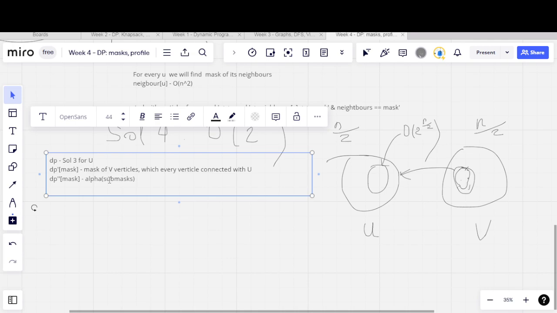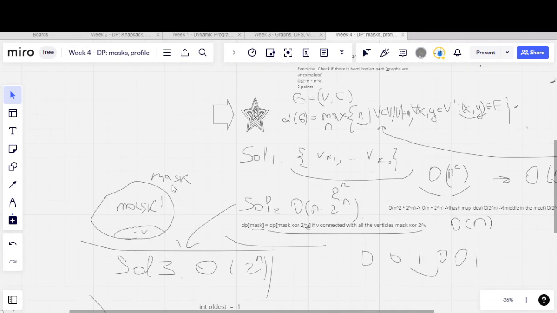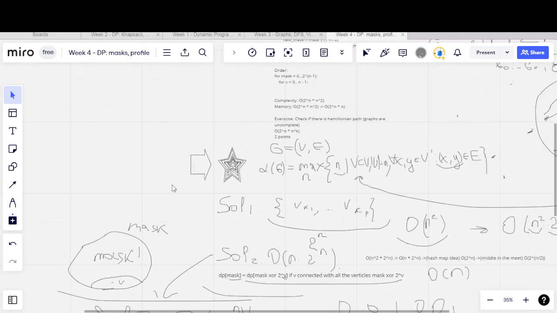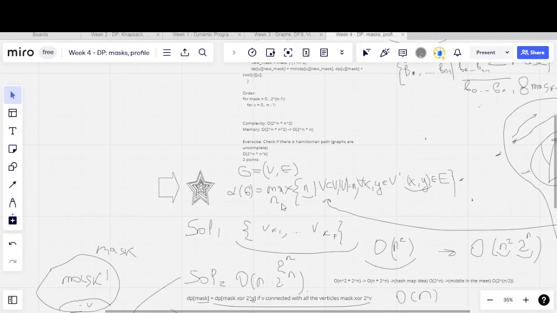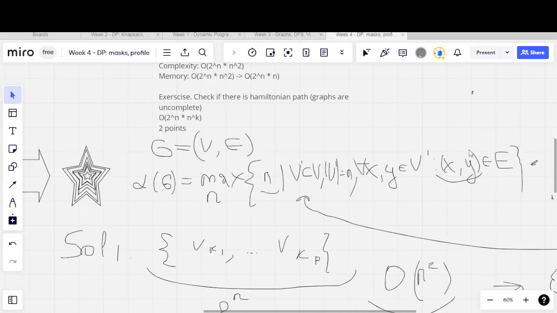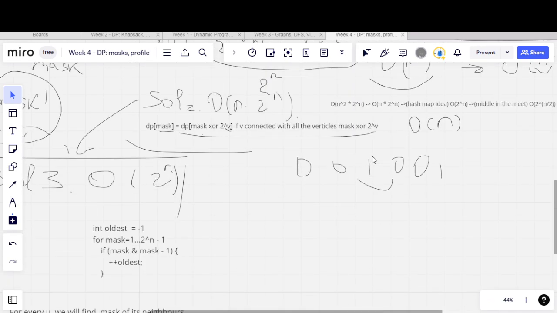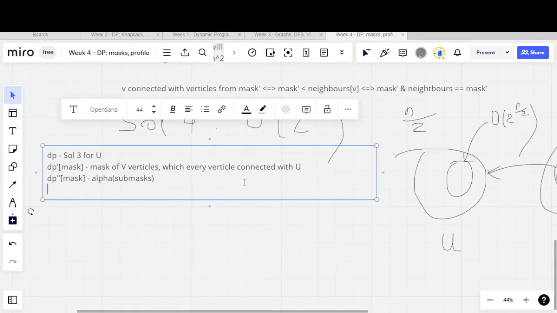Okay, alpha from this definition: the number of maximal click. So how to